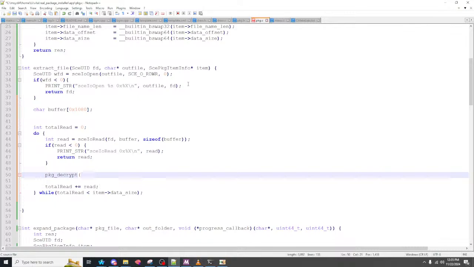I'm guessing I just put in item data offset just equals total read, right? And then buffer,